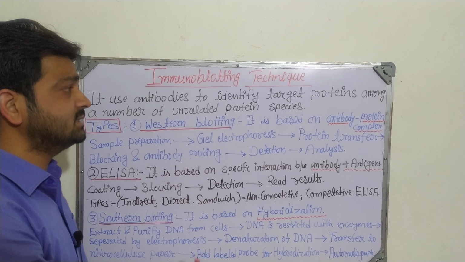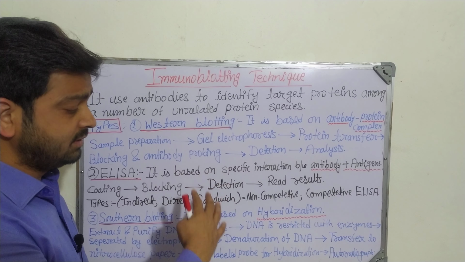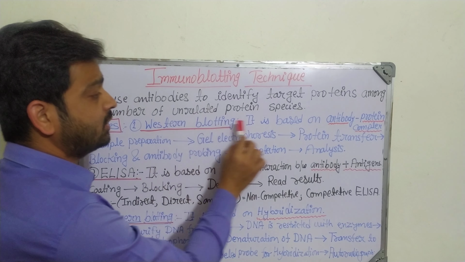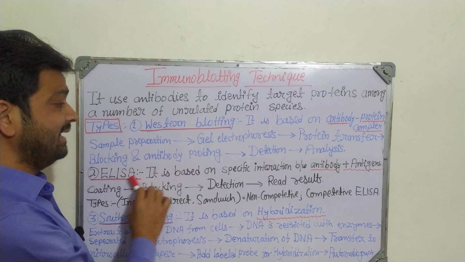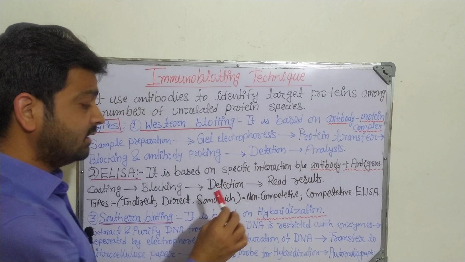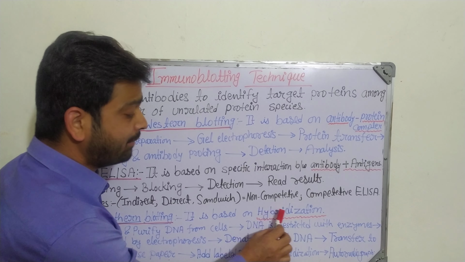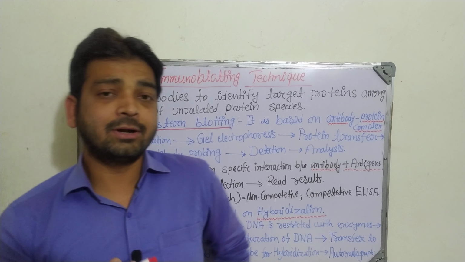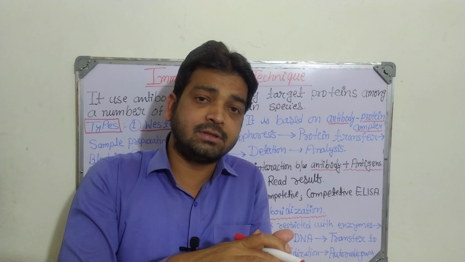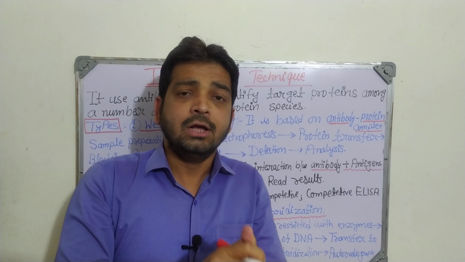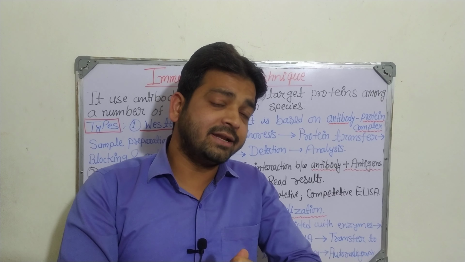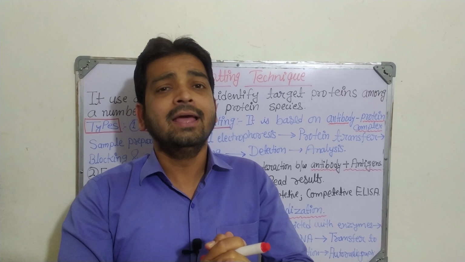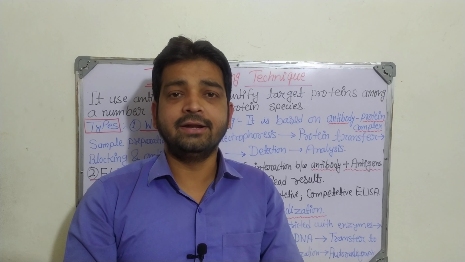So these are the three techniques, each using a different concept. In Western blotting, it is the antibody protein complex; in ELISA, the antibody antigen complex; and in Southern blotting, hybridization. In all of them we detect the protein or particular material by blotting on the membrane, whatever is absorbed and adsorbed, so that we can detect the quantity of that biological material. It may be DNA, protein, or any other materials that we can detect. Thank you.